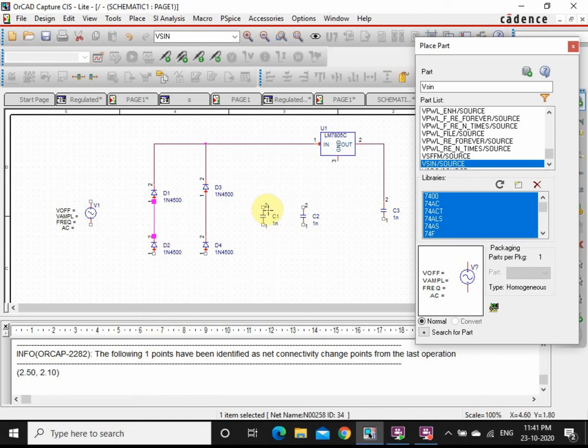Next is your capacitance. From here you are going to connect it to this end. Similarly this capacitance you are going to connect here, and this capacitance. Now we want to have the ground connection there. Here all these ends you join together.